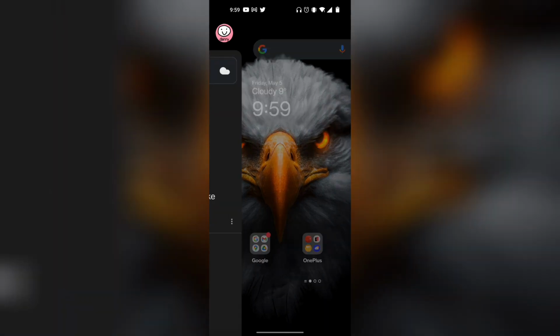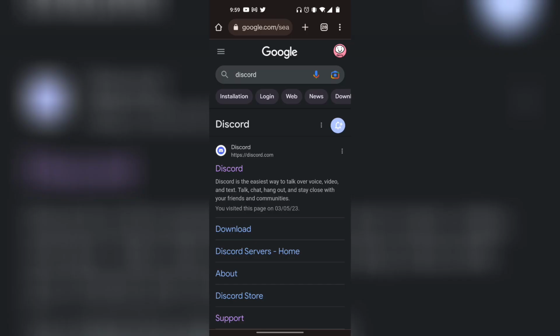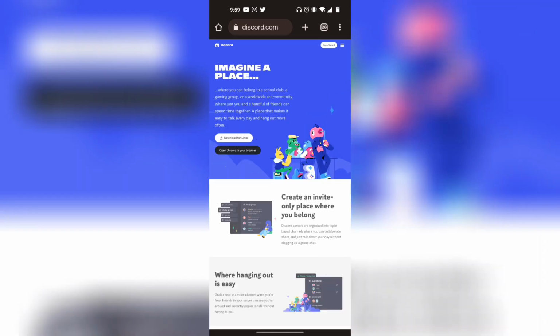From here in the search bar, you want to type in Discord. And then from here, you just want to click on discord.com. So now it's going to lead you to this web page, and then now you want to click on open Discord on the top right,